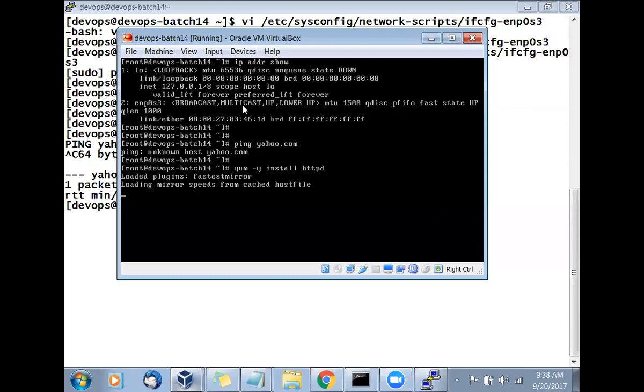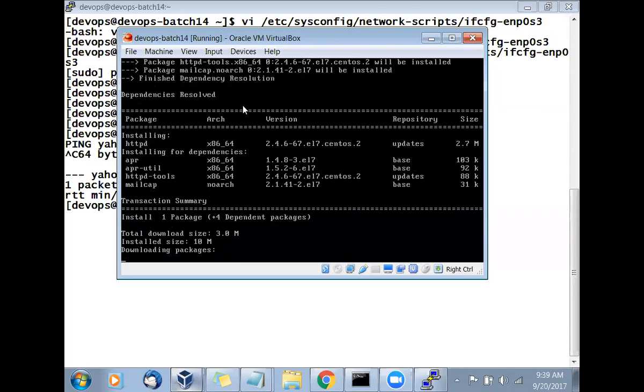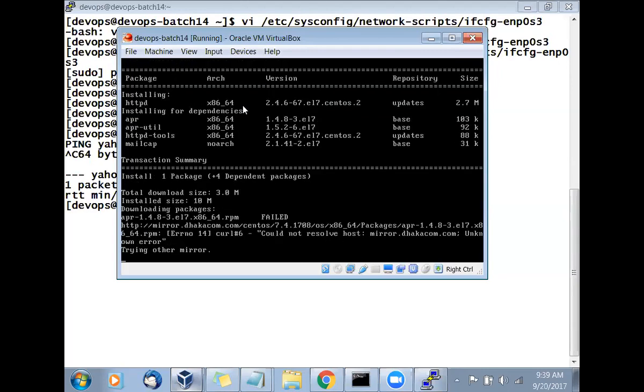Looking at the error message, you need to understand what type of error it is. That's why I always say, see the error message, understand the error message. If you do not understand the message, don't go further. Stop there itself. First, fully understand what that error is. Then only take the next step. If you bypass the error, you will never get what you are expecting, because it is complaining, hey, there is a problem.